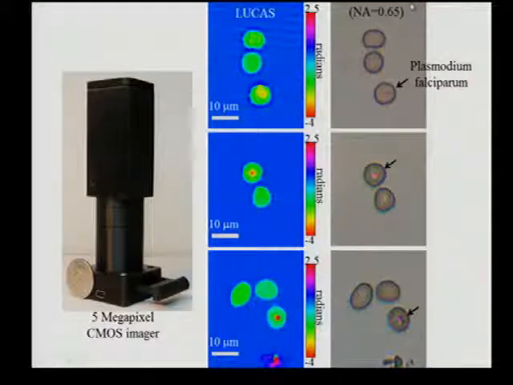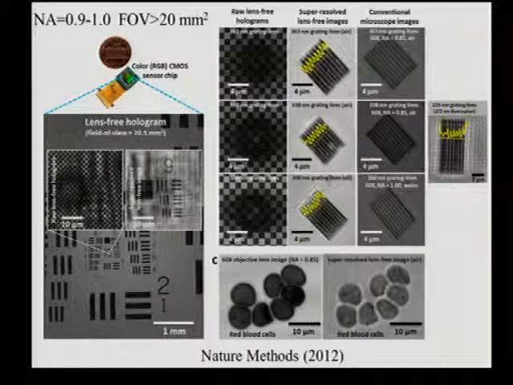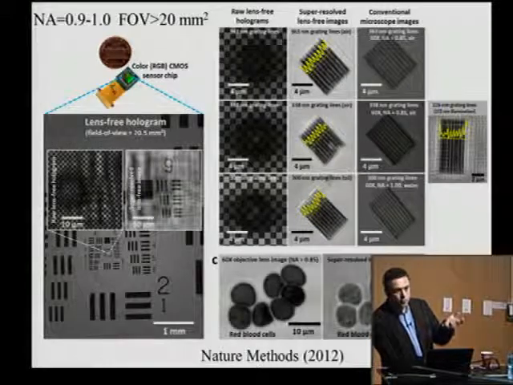And this is the comparison, which gives you essentially a nice feel of how it compares with a traditional light microscope. If you were to use a state-of-the-art sensor, not that older generation that I've shown you, you can actually create some very competitive images across very large fields of view. This is showing a sensor which has about 20 millimeter square active area, 4 by 5 millimeter in width. And it has a pixel size of about 1.1 micron.